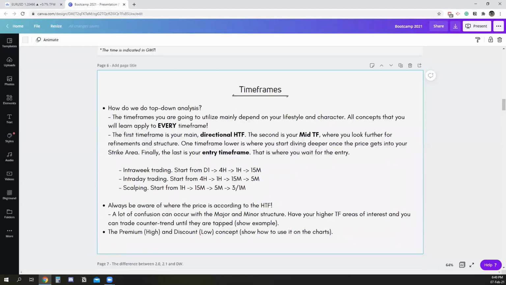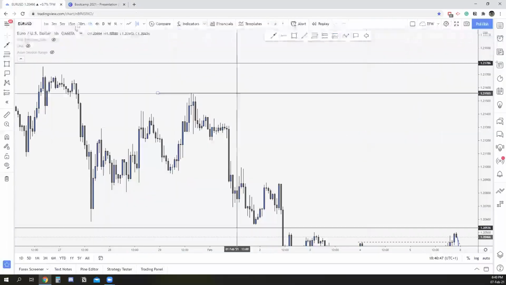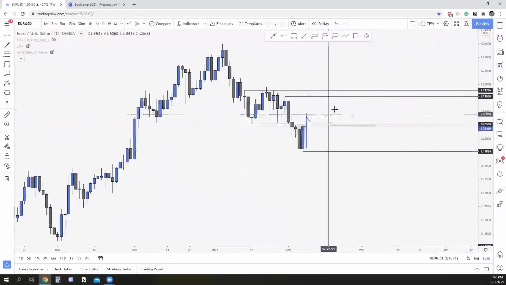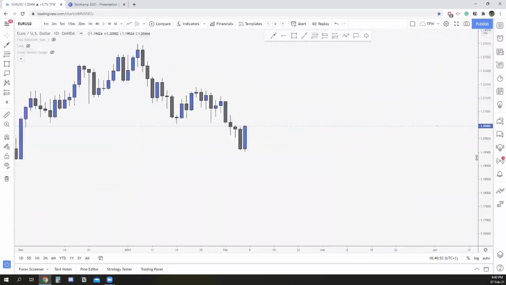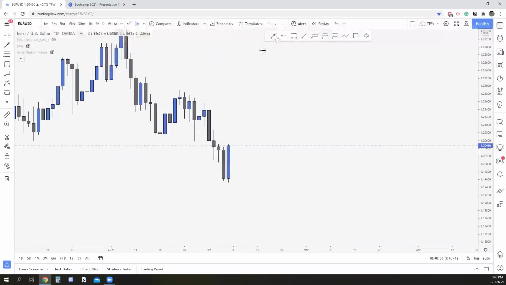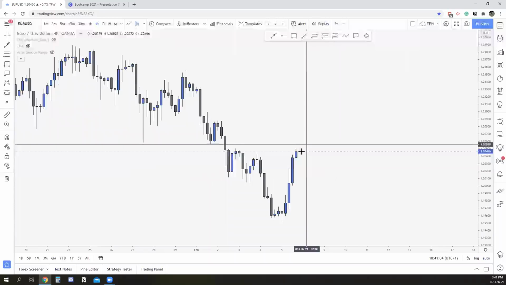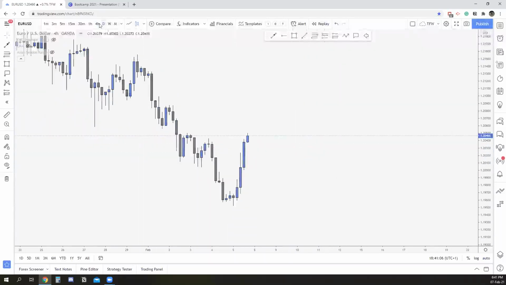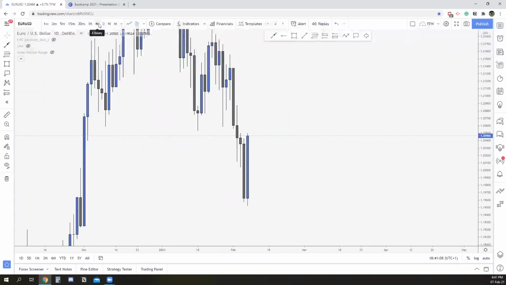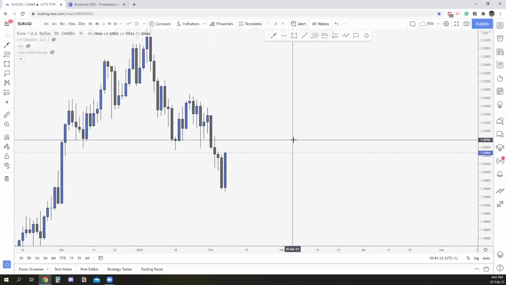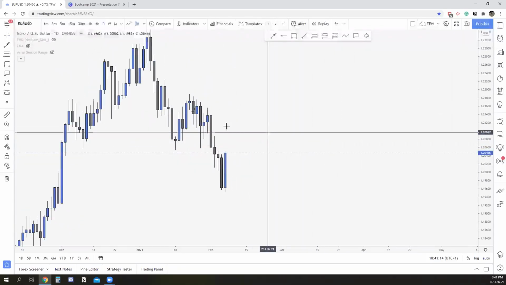Yes, you can always mark the daily levels. And most of the time the daily levels are going to correspond to the 4-hourly as well. Not always, because right now we have this big push. So this is your daily high, and the 4-hourly price action is completely different. On the 4-hourly, we're looking for longs right now, but we know what the daily can potentially do, so we don't get carried away taking longs, right?